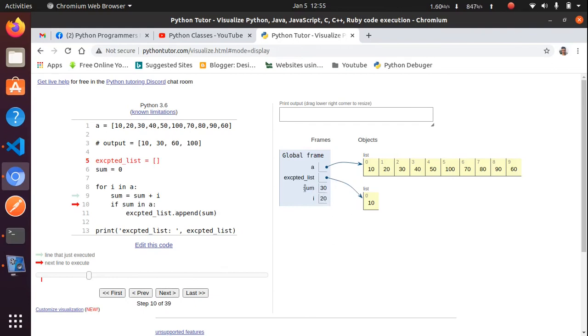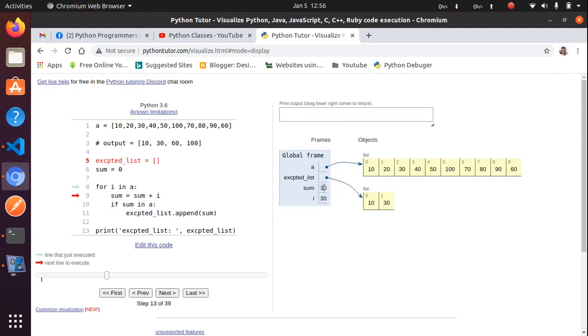So 30 is in the list, yes, so it is going to be appended. Then the loop iterates again. Sum is right now 30 and i is also 30. 30 plus 30 is going to be 60.